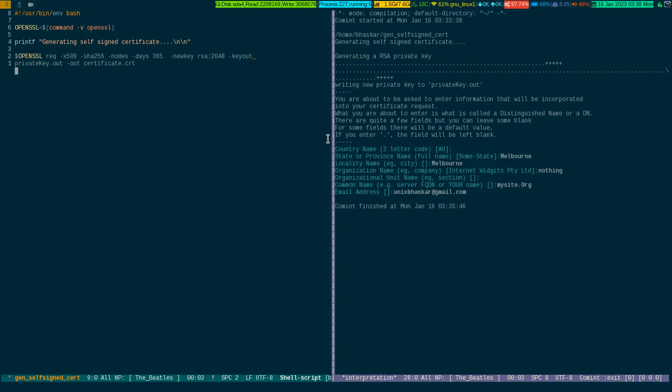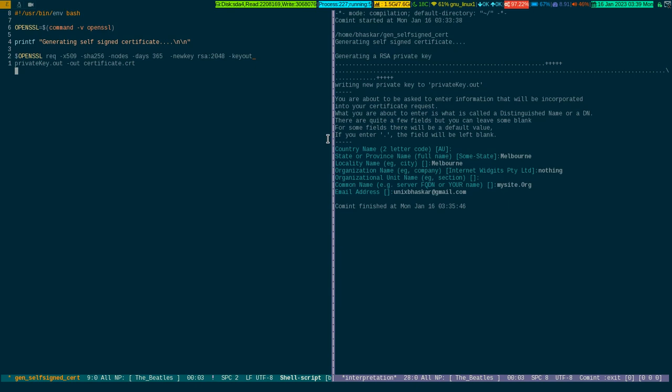Then days is the arbitrary number of days you want your certificate to be valid. Then you have to pass newkey with the security strength you want for your key. Then you need to give the keyout flag for the private key as I wrote,